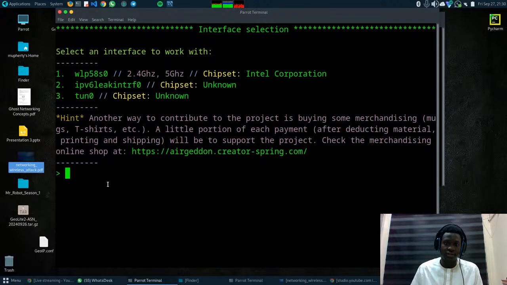When you first enter Airgeddon, I told you before, Airgeddon is a fully automated tool. It will ask you to select an interface to work with. In my case, I'm using